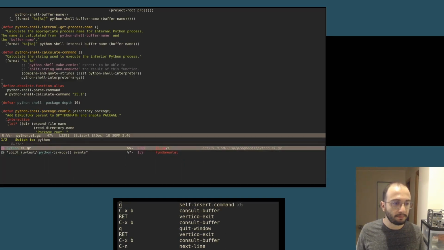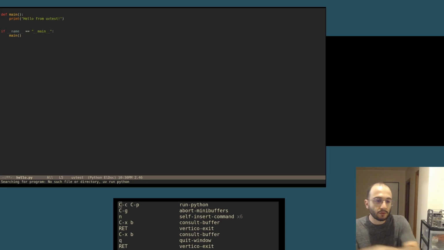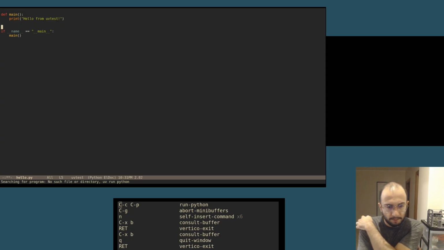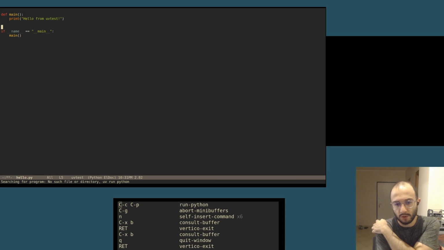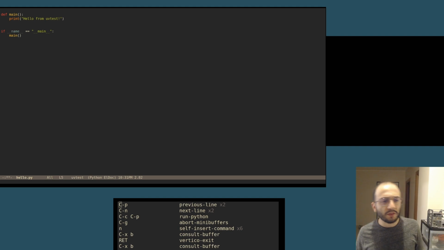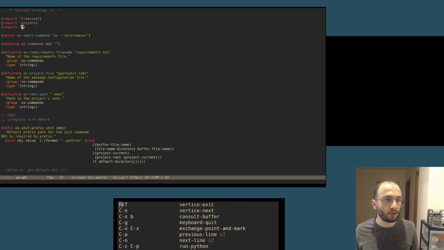I don't think we have any Python open. No, any Python interpreters. So let's open one. Let's see what we get. No such file or directory uv run python, and this is probably because I'm not using the exec-path-from-shell package to get all of my environment stuff from my bashrc. So still, this sets like a point for me to just include here